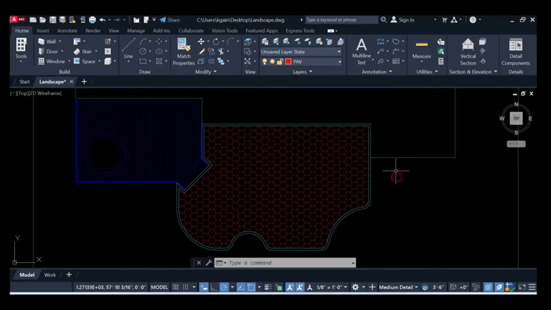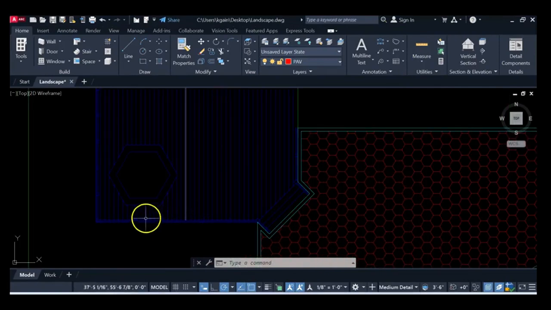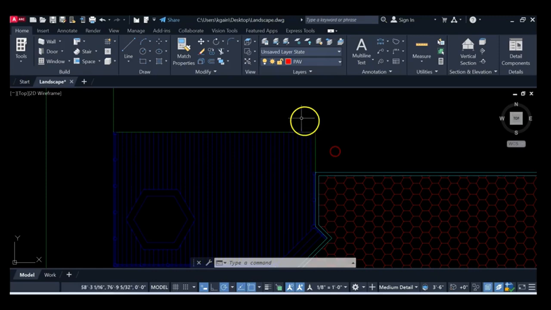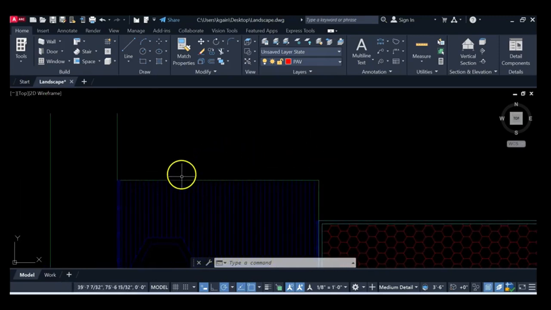For this lesson, I'm going to create a fence line. Similar to the railing I did on my deck, I'm going to be using offset and trim. I'm going to scroll up on the back side of my deck by my building line. I'm going to select offset, and I'm going to select 5 and then the foot symbol to represent 5 feet